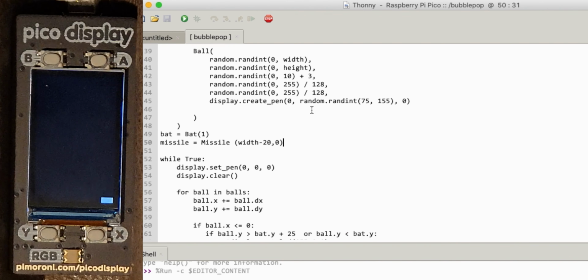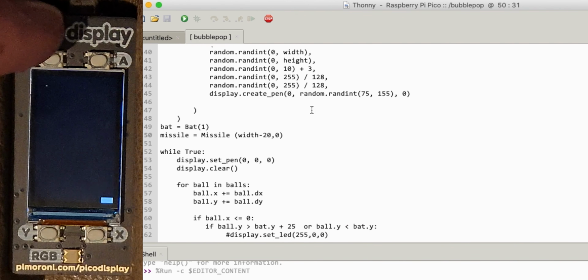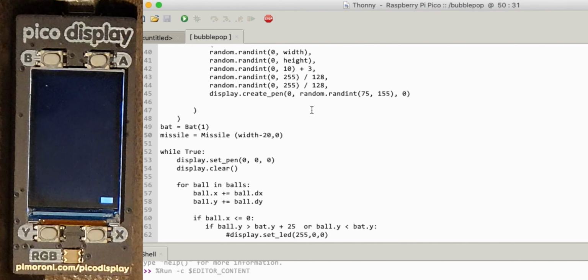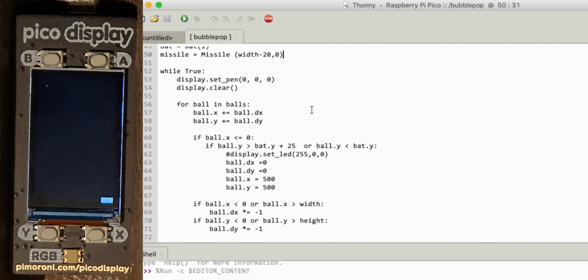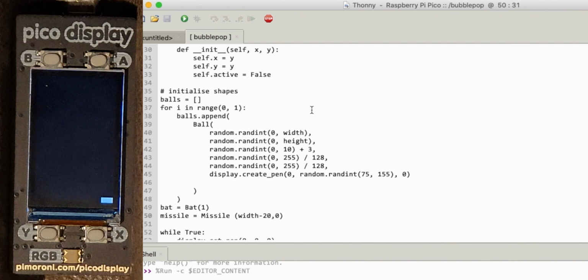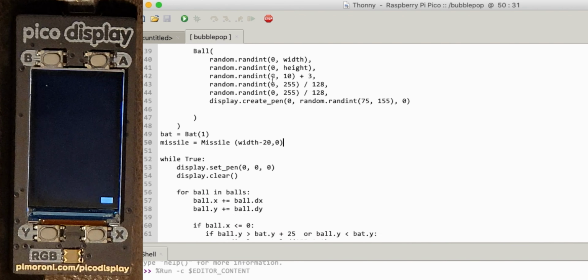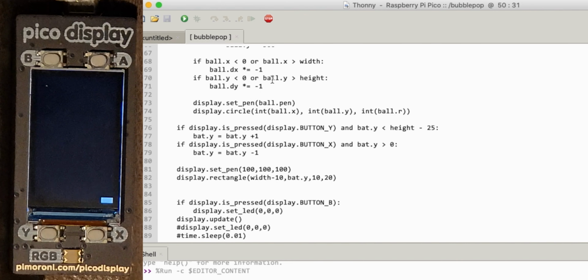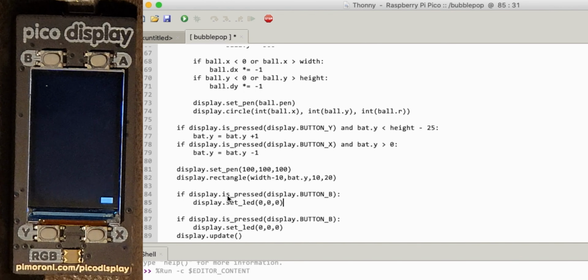So first of all, I've got to trigger the missile. If we remember, we're using our B button here for reset, so I'm going to use the A button to fire the missile. To fire the missile, all I've got to do is set that missile to true. So down here somewhere, I've got if display is pressed button B, then reset the LED. Before that, let's say if display is pressed display button A,